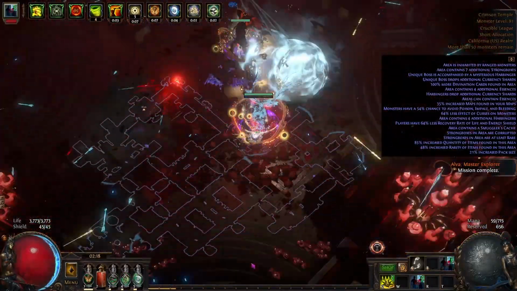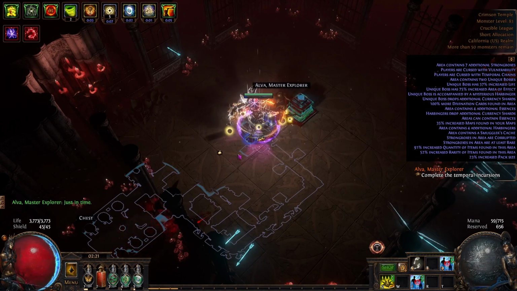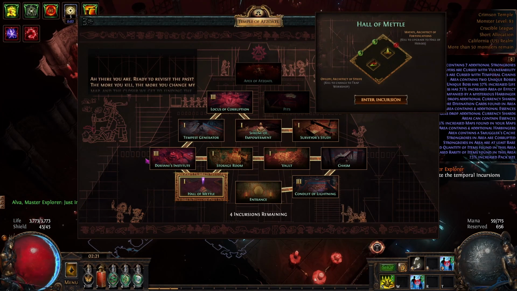But I will just do it for principle, I guess. Just in time. There you are. Okay, we're in map number 3 here. Hello, exile. Just like I said earlier, you don't really have to read these once you have Locust or Doriani's,